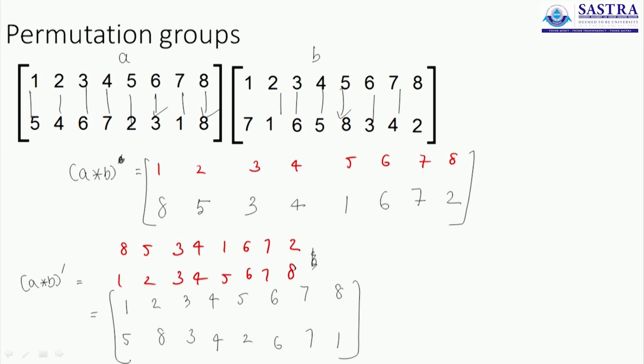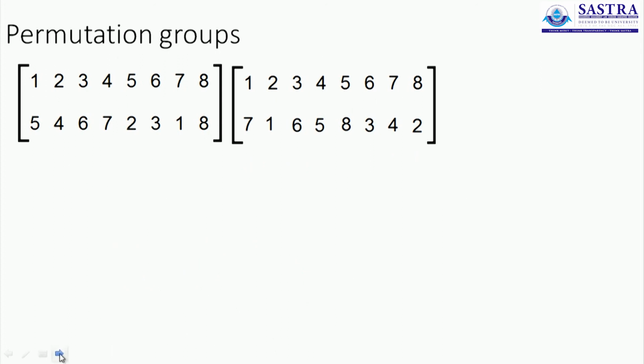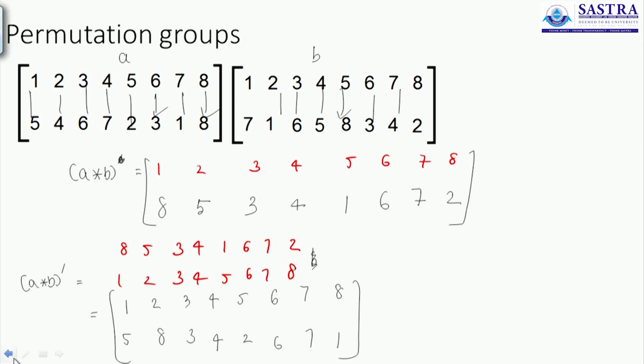But this you have done by actually first finding A star B and then using the trick I told you to find the inverse. Let us see if you have done it correctly. Let us do it by the formula. If you recall, I told you some time back that the inverse of A star B is actually B dash star A dash. We discussed this at the start of the class. We will use that formula here to verify if the previous answer we got is right.